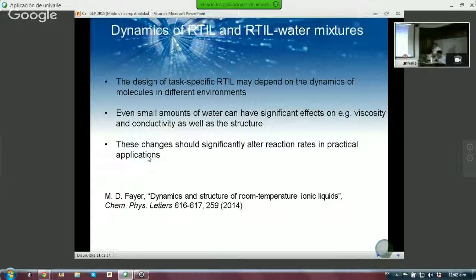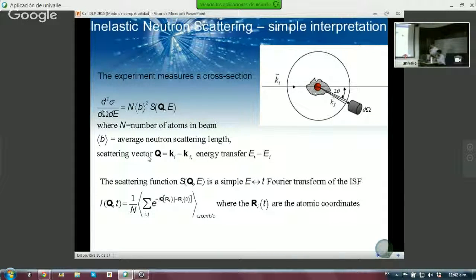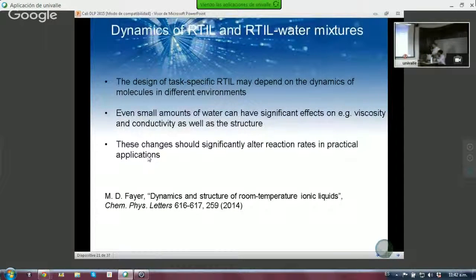And why are we interested in dynamics? Well, the design of specific liquids may depend on the dynamics in different environments. And as we've seen, small amounts of water can have significant effects. For example, viscosity and conductivity are obviously important and may significantly change reaction rates in practical applications. There's a very nice review of this, if you're interested, by